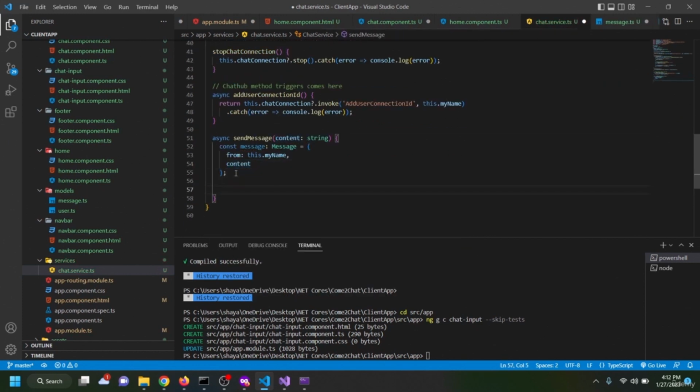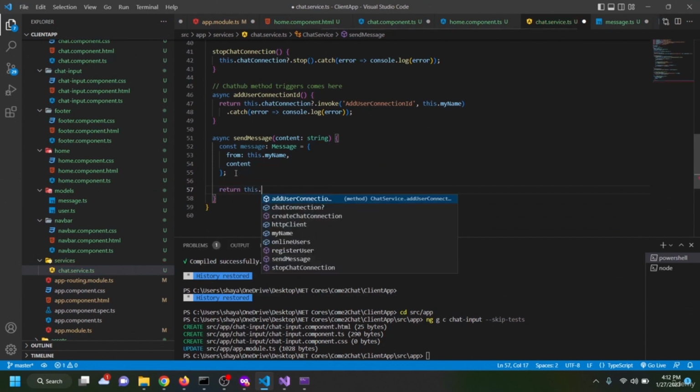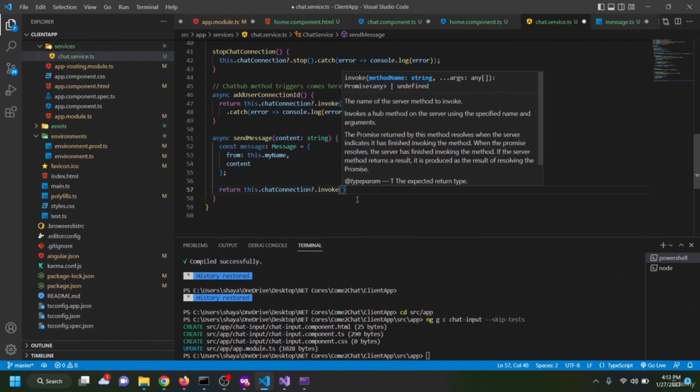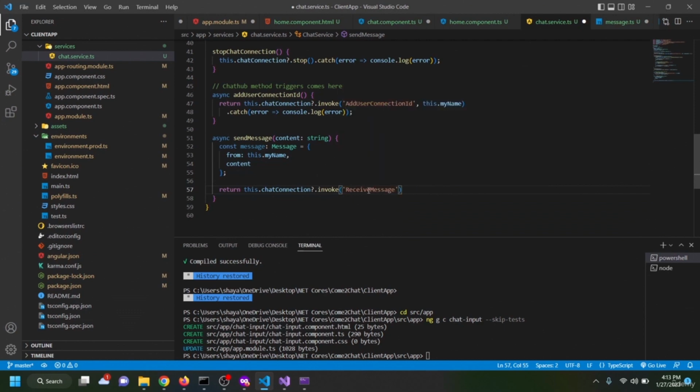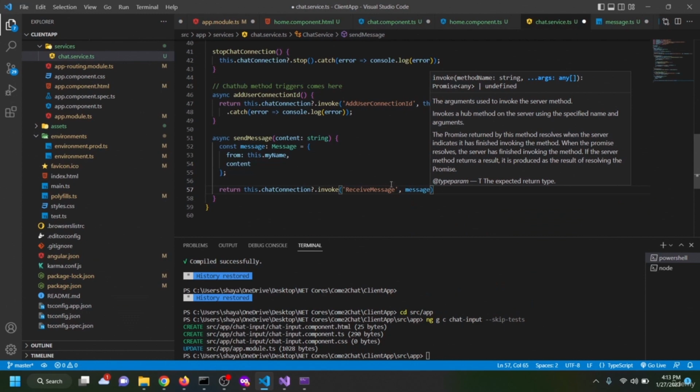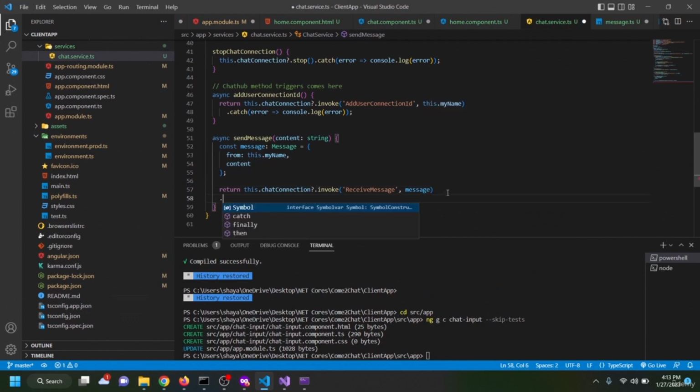And then in the next line, I say return this.chatConnection.invoke. Then I'm going to open parentheses, and this has to match, and then I pass my message object. And in case of any error,